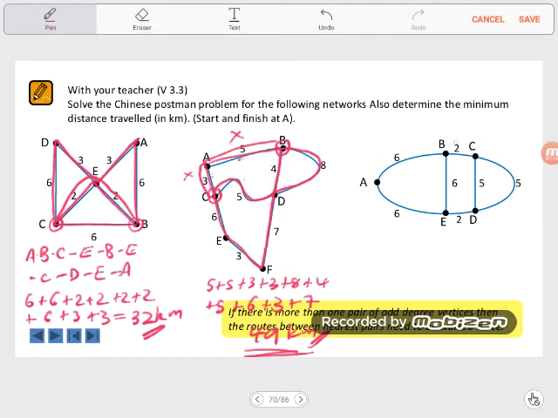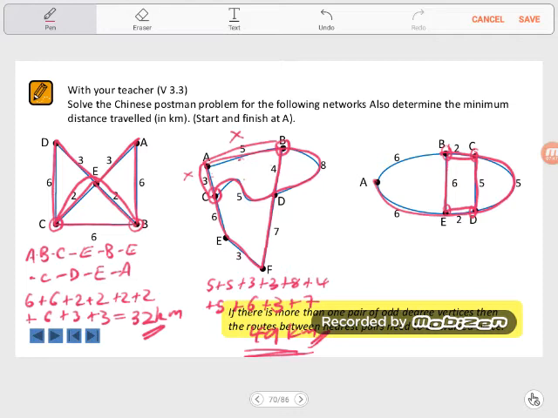Now, we've got 4 odd vertices. B, C, E and D. So we're going to have to figure out the best way to go past those. Okay, so we're going to start at A. Let's go round to E and D, go all the way around to here. Now somehow, well, we will definitely want to do this. Go down here. Now I think we should double up on this edge, go this one and double up on that,